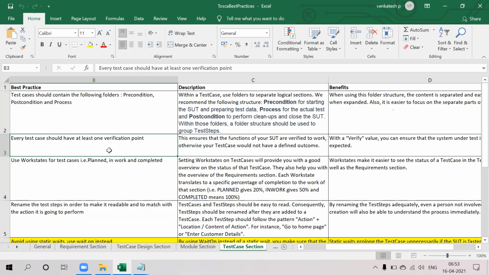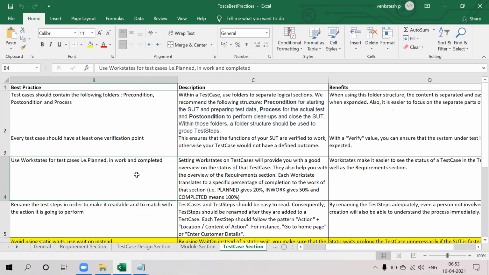Whenever you are working, there is a section called work state. In that work state you will have planned, in work, and completed. Whenever you start working on the test cases, it should be in the in work state.